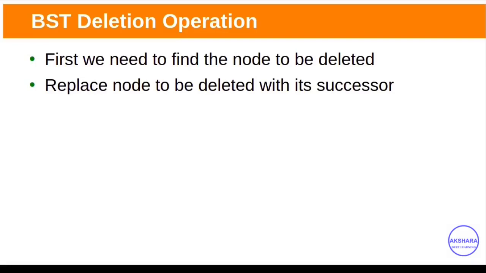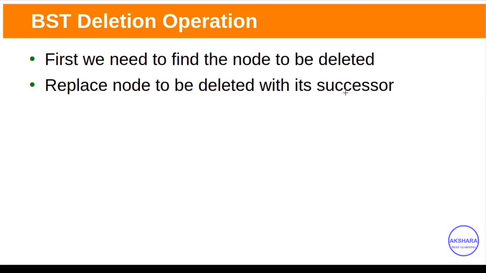In previous class, we have seen binary search tree insertion, searching and traversing. Today, let us see binary search tree deletion operation. To delete an element from binary search tree, first we need to find the element to be deleted if it exists within the tree. If it exists, then replace the node to be deleted with its successor, and then we